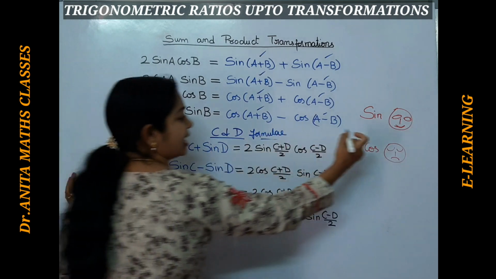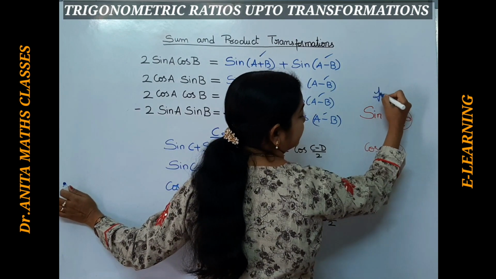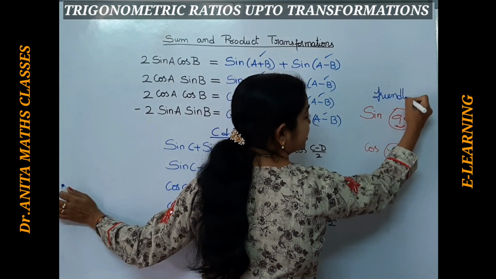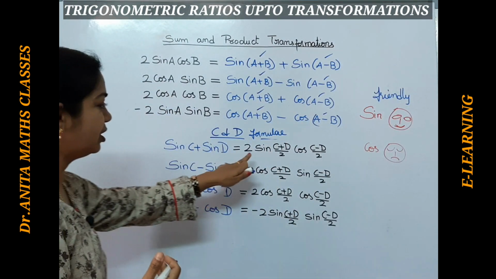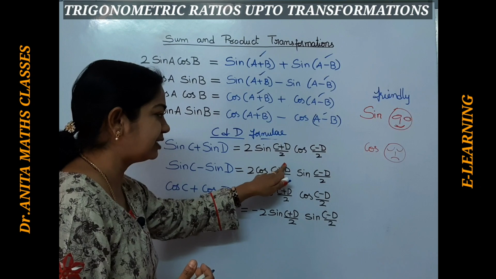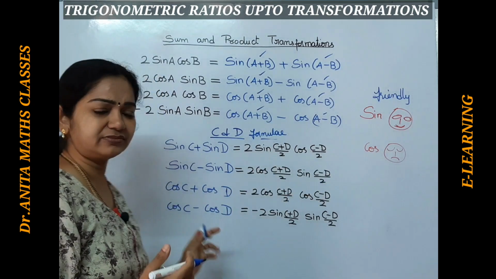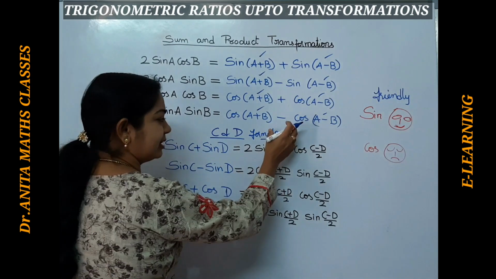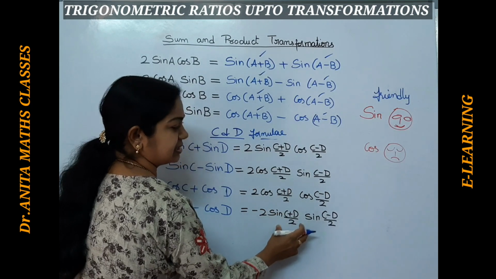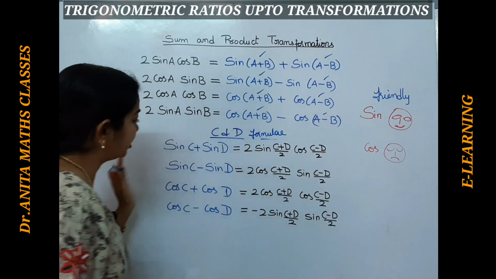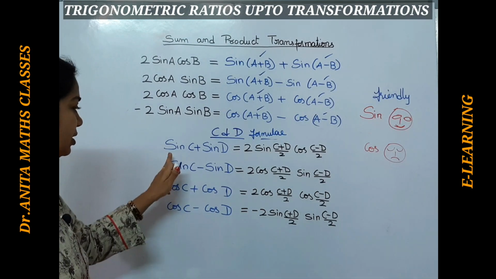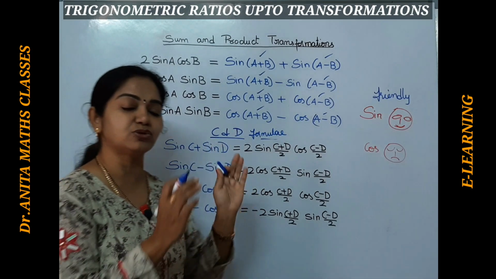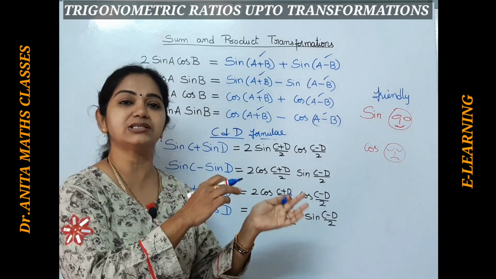we were thinking sine is a friendly function, okay? It always includes cos with it. It always takes cos with it. So 2 sine C plus D by 2, cos C minus D by 2. So blindly remember that these are all sine C plus D by 2, C minus D by 2 here. Here also C plus D, C minus D, C plus D, C minus D. Okay. So sine C plus sine D means 2 sine C plus D by 2, cos C minus D by 2.